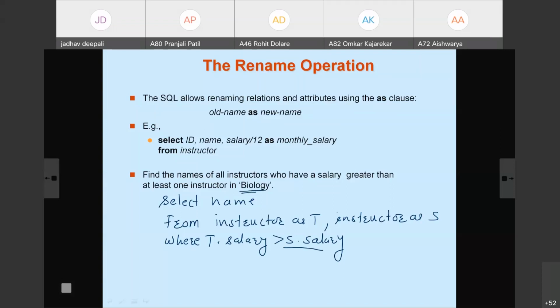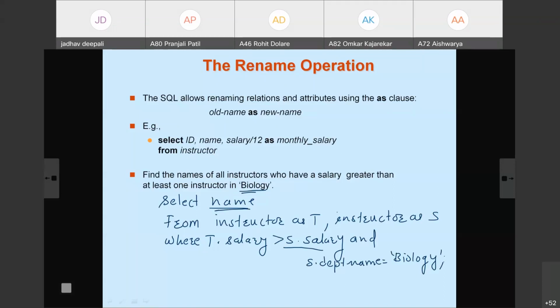Biology department. So from S, we consider the biology department only, and S dot department name is equal to 'Biology' in single quote.